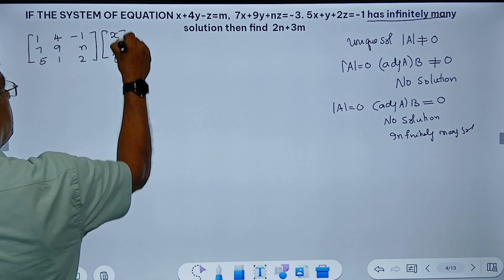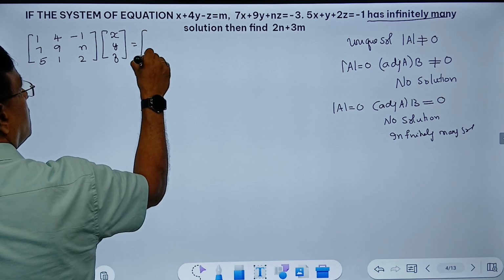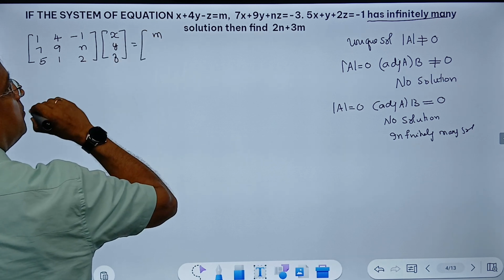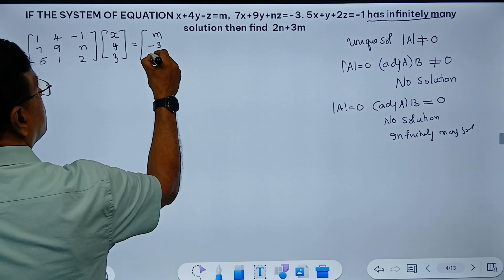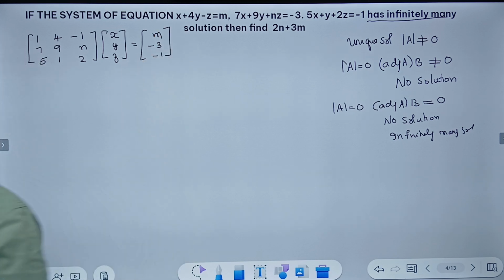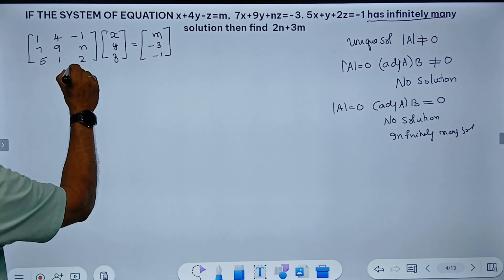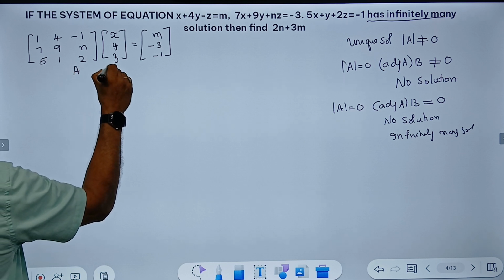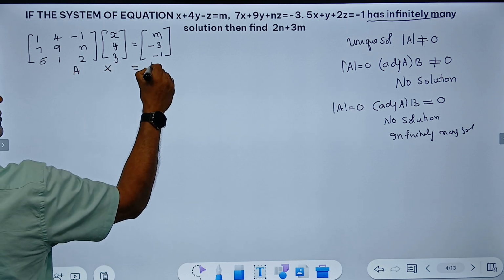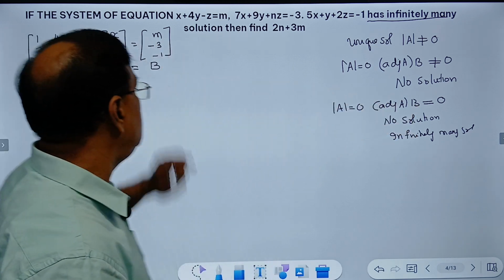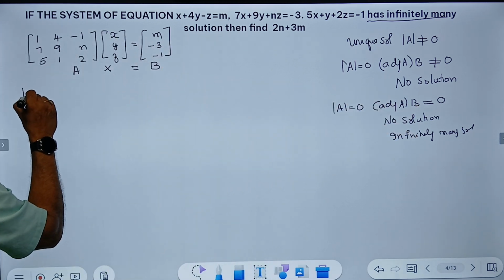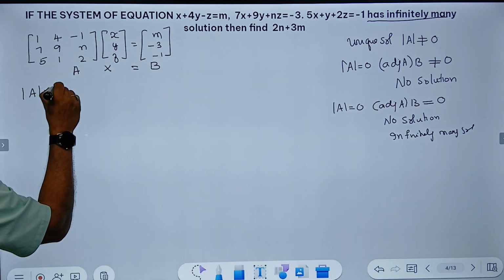X, Y, Z equal to m, minus 3 and minus 1. So this is my matrix A, this is my X, and this is my capital B. So now you know what B is. Okay. So first, since I know determinant A must be 0,